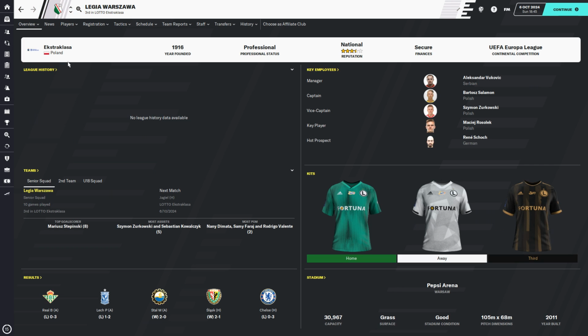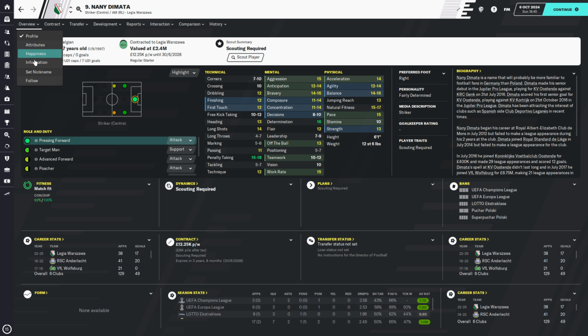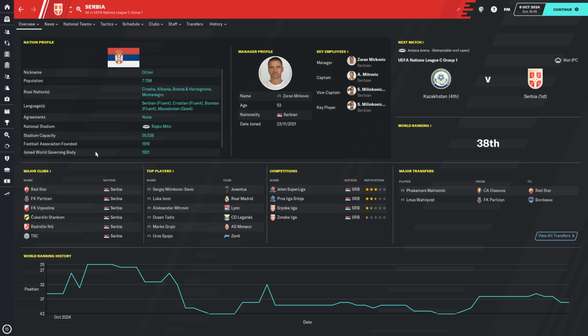But if we actually go to a team and have a look for a player, let's say Nani, I'm not sure if he's been here a while, you can see 1,095 days continuously, and that is 3 years. The next nation, which is 3 years as well, is Serbia, but this is accumulative. So this means that he can actually leave, so you can send him on loan to Serbia for a year, he can go somewhere else for a year,